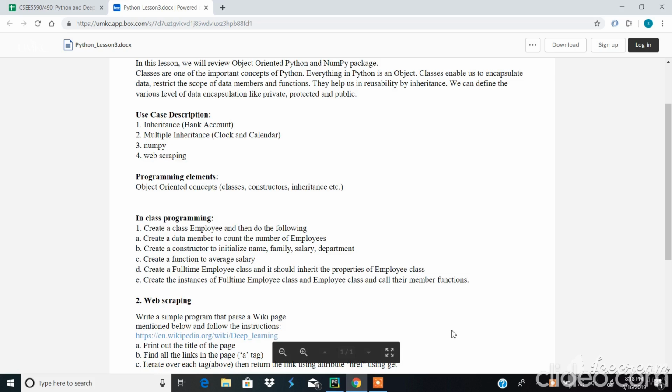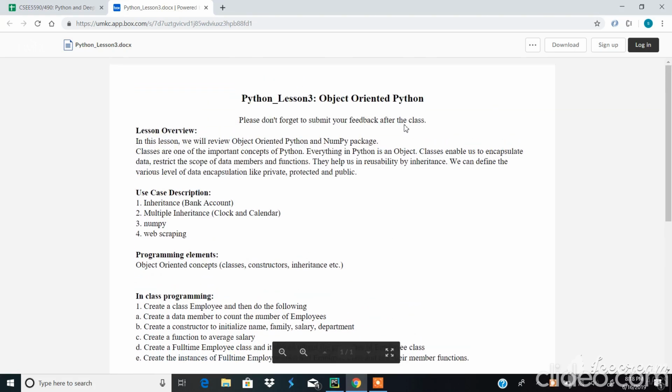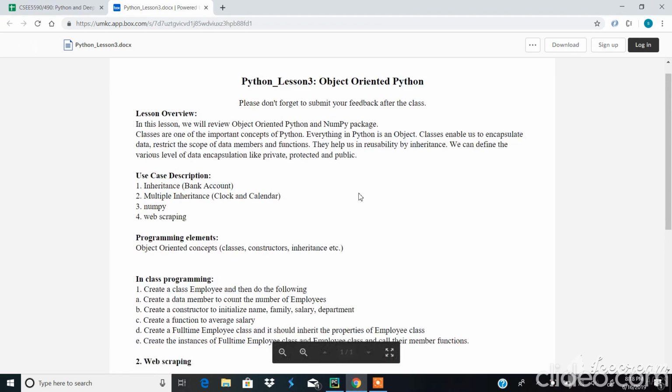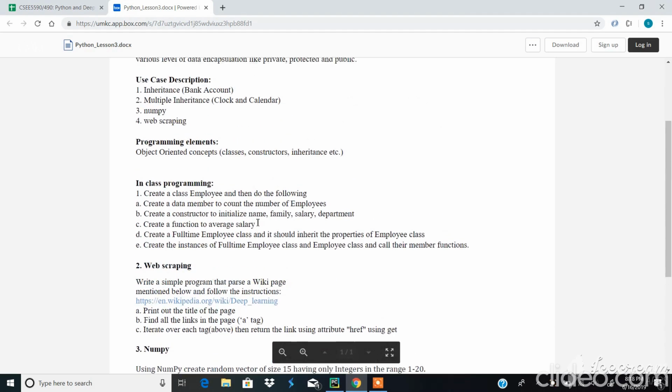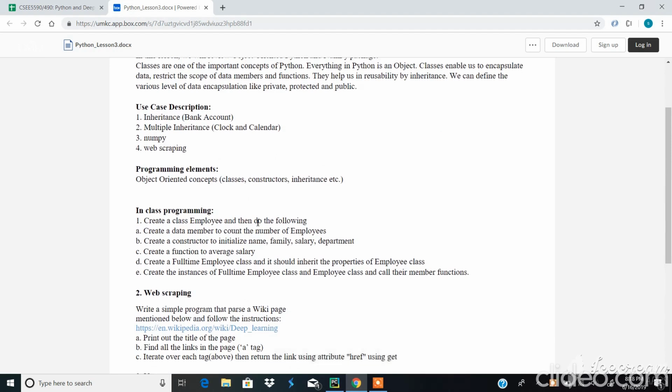Today in Python Deep Learning ICP3, what we learn is how to use classes concepts with Python, and web scraping and the NumPy package in Python. So coming to the first part of the ICP, which is